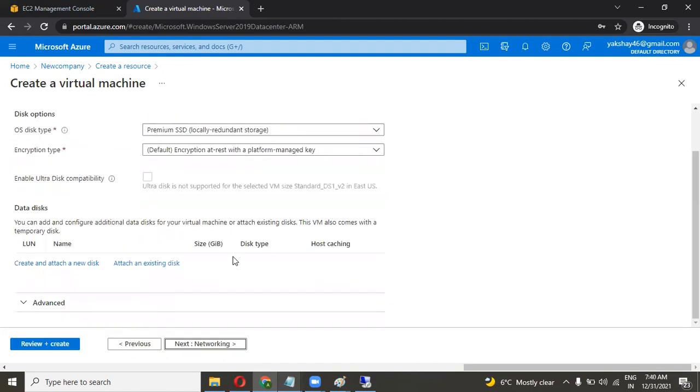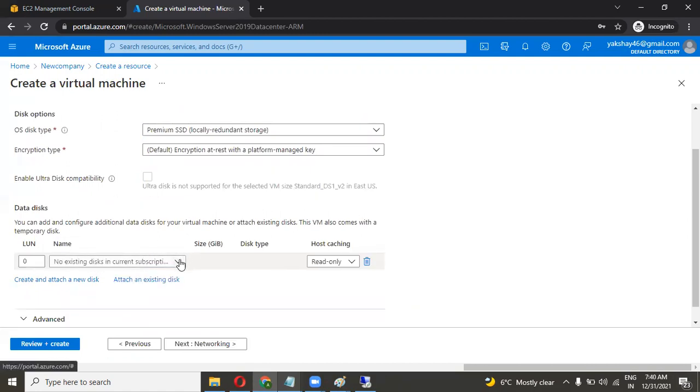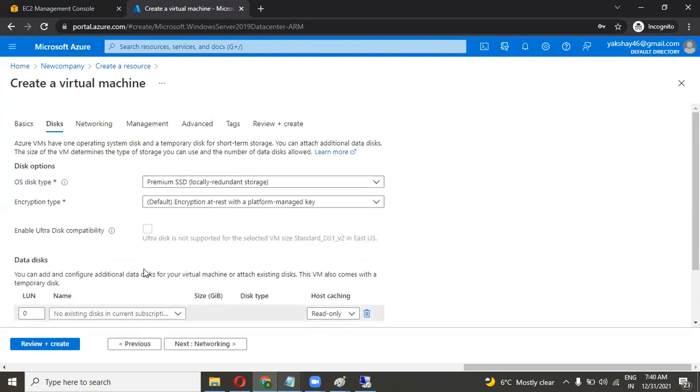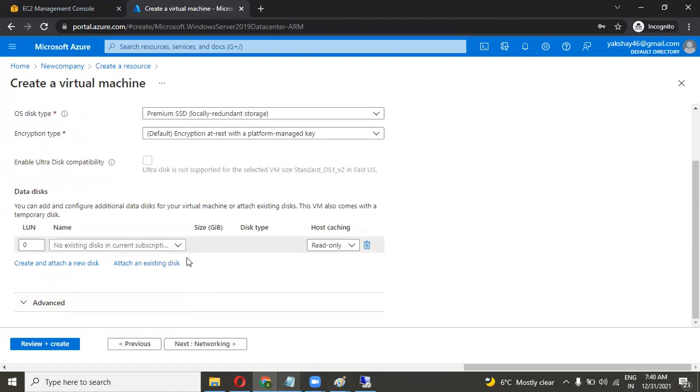Next. Now you can see you cannot attach an existing disk. Let me select this and there are no items available. Once I detach my first machine from the external disk, then I am able to attach the disk here. Then I can attach my existing disk here. You can see right now I have no option to attach the existing data disk here.